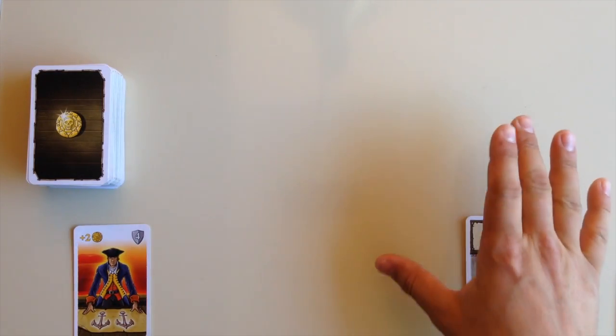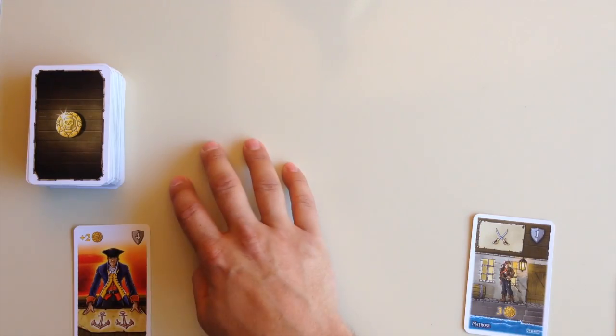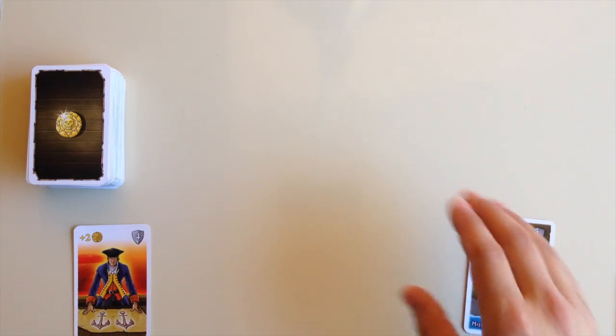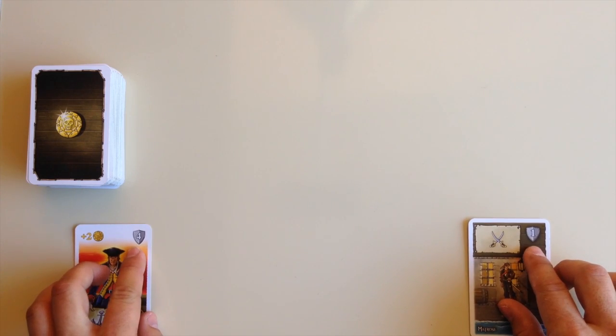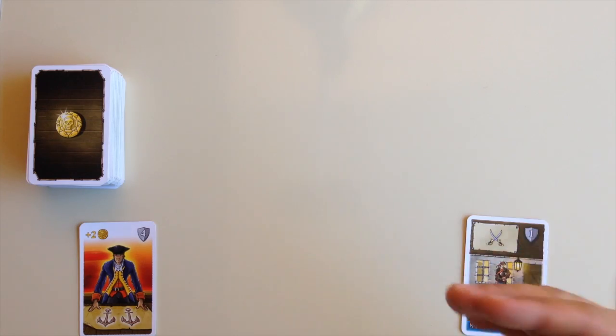There are 2 different endgame conditions, and you're going to pick one or the other at the beginning of the game and stick with it. There is the standard one, and then there is an official variant in the rulebook. The standard endgame condition is once one person has 12 or more victory points, which is these shields in front of them, then you make sure everyone has taken the same number of turns,